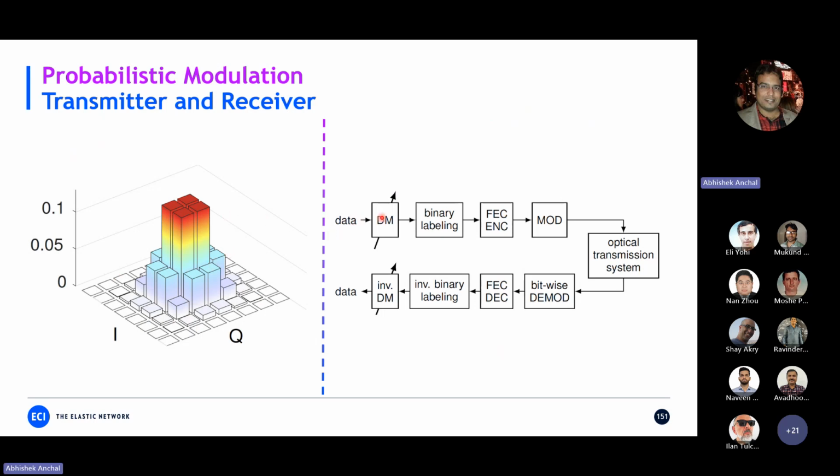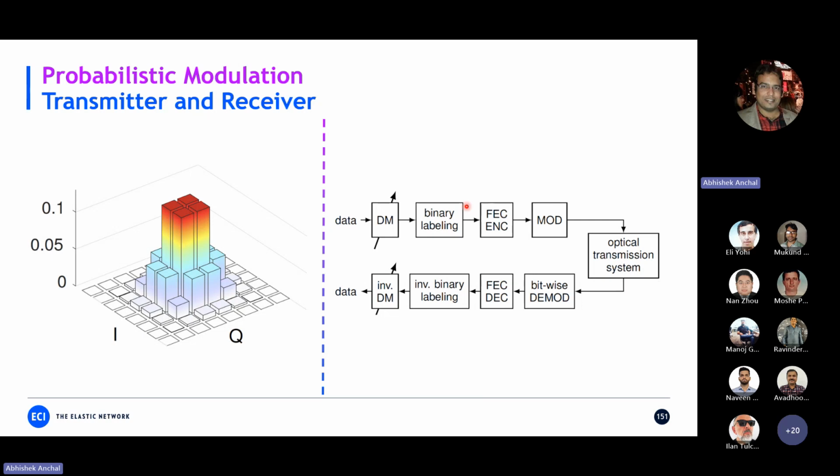For that, it takes the data and passes it through something called a distribution matcher, and then passes through the FEC encoding, and everything else is the same. At the end, the receiver has an inverse distribution matcher to get back the original symbols, the original data. And this is proprietary to most of the vendors. Most vendors never disclose how they convert the original symbols with the distribution matcher. Although this technology is well known and there is a lot of literature about it, everybody has a different method. They don't disclose it. I even tried to ask Acacia, but they don't disclose